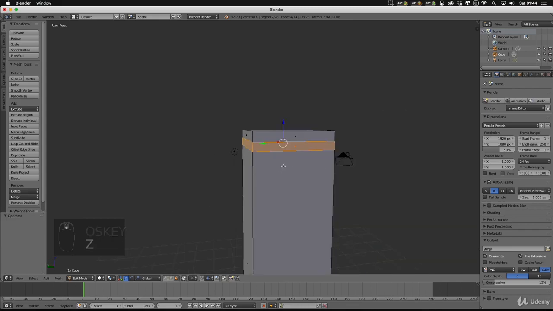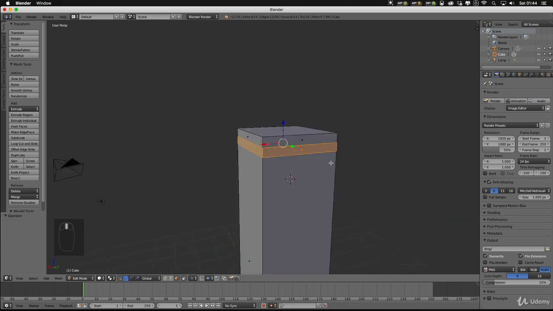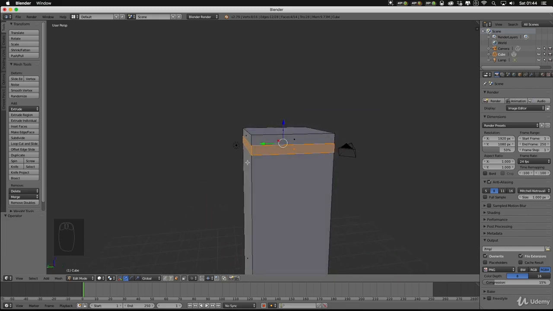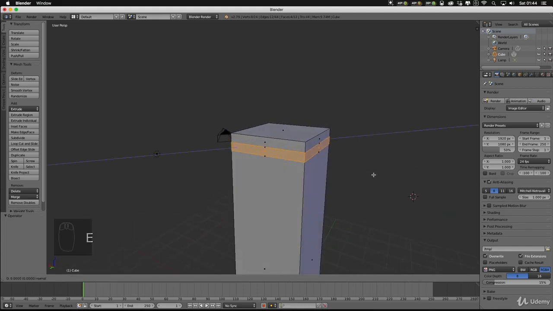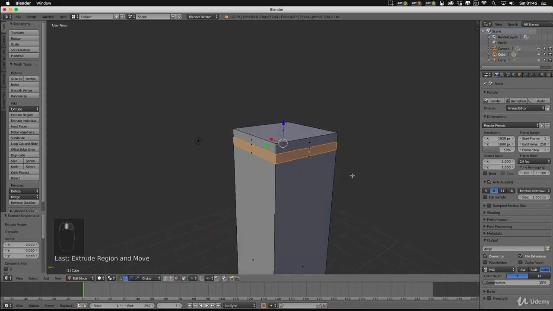So what we're going to need to do now is extrude these faces. With all your faces selected all the way around, if you just hit E on your keypad, you'll notice that nothing's really happened, but you've got this line. If you now move it from side to side, you can see that it's just moving that one section. So we don't want to move that. So I've just right clicked to get it back to its normal selection.